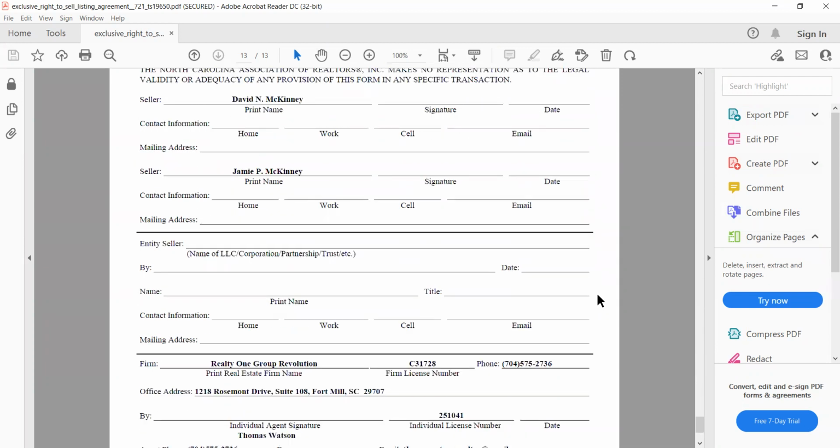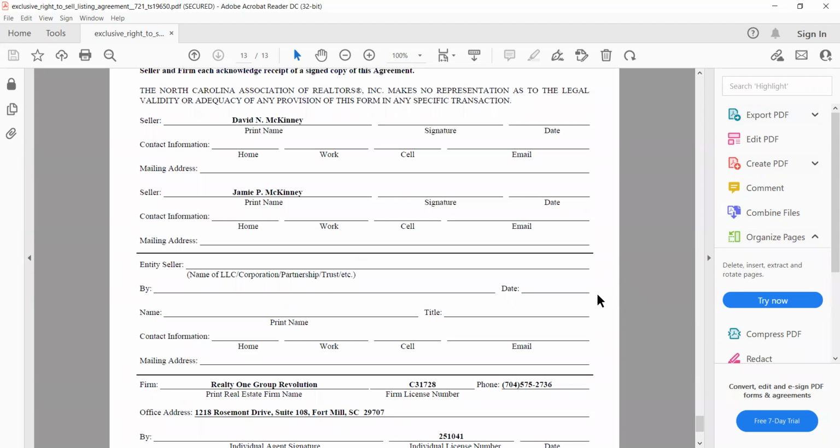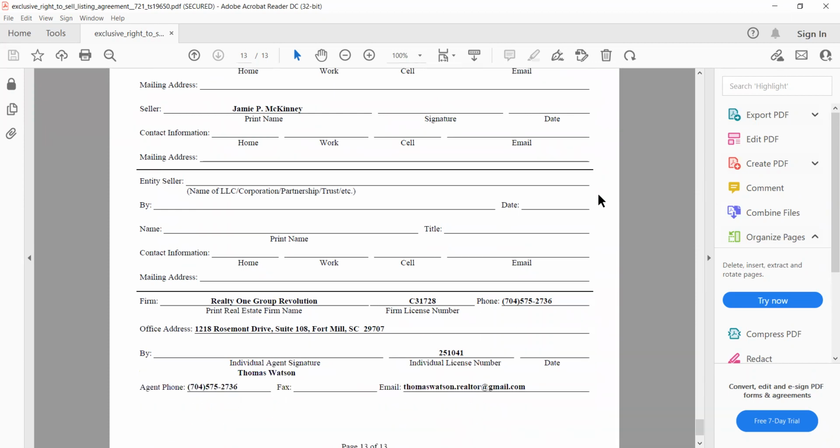Again, what boxes do we fill out here? Because I wanted to discuss this, what you see is the seller's full name, but what also must be filled out, I must have their signatures, the date of the signature, and at least their cell number and email. That way our firm has the full information on these parties, and you're also going to transfer this information over to the attorney side and other parties as needed. So it's good to already have this as your